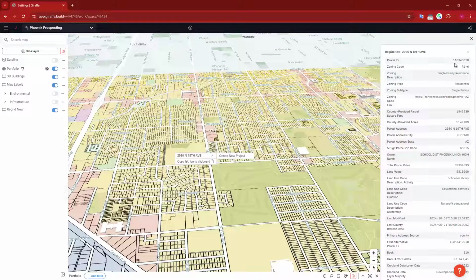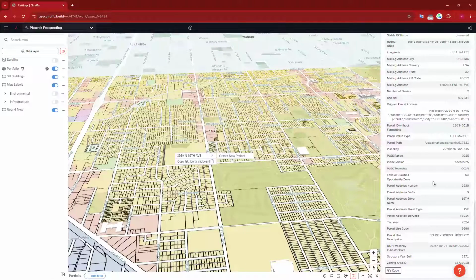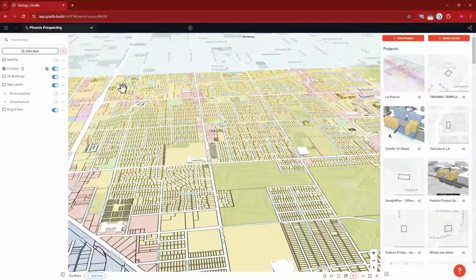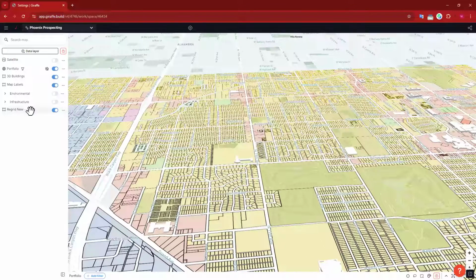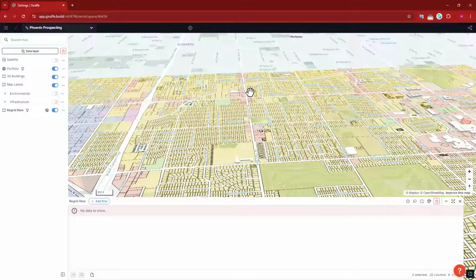And being able to right click on it and just look at that one parcel's information is super helpful if you know exactly what you're looking for and you just click on it and you're good to go. But if I'm looking for sort of parcels in general and I want to search, it's a little bit easier to do that in a table format. So I'm going to look at this Regrid data set on a table by clicking the three dots here, clicking Open Lens,